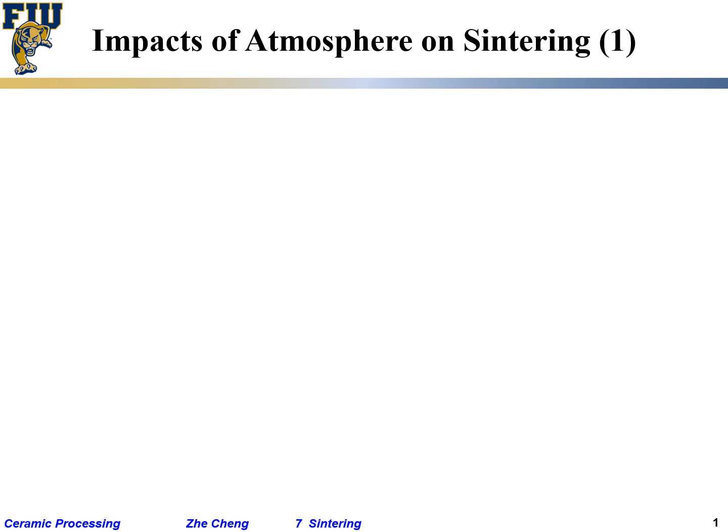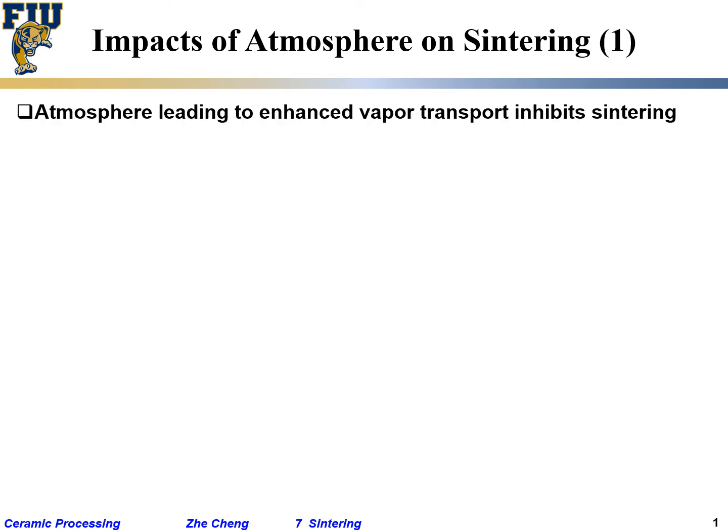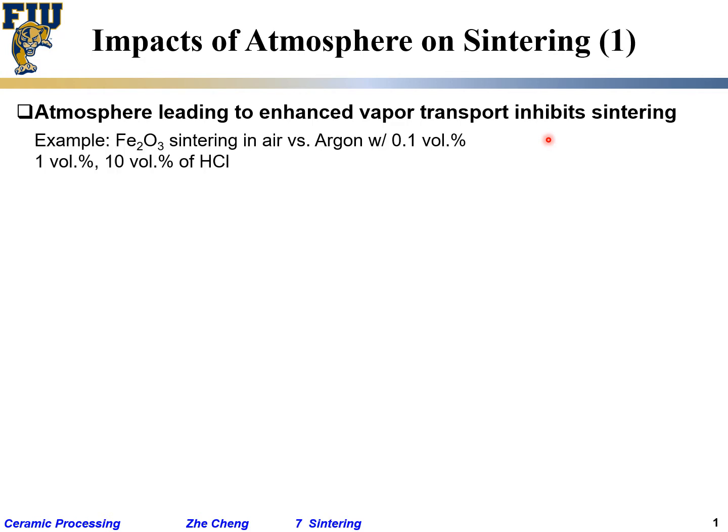And then let's talk about the impact of atmosphere on sintering. Here, the chemistry part comes into play. It's quite often very, very complicated. Atmosphere leading to enhanced vapor transport inhibits, slows down, makes the sintering worse. Okay. Here we give you one example, which is iron oxide, Fe2O3, sintering in air versus sintering in